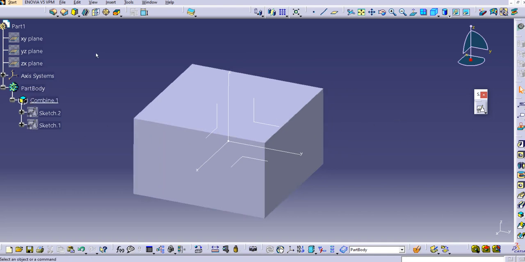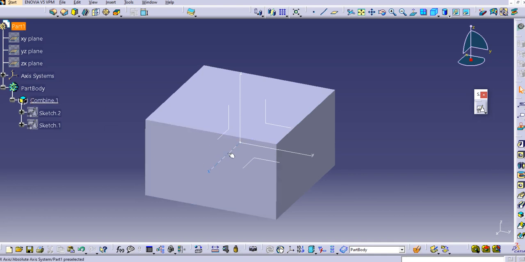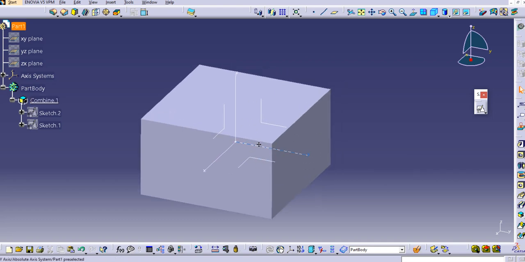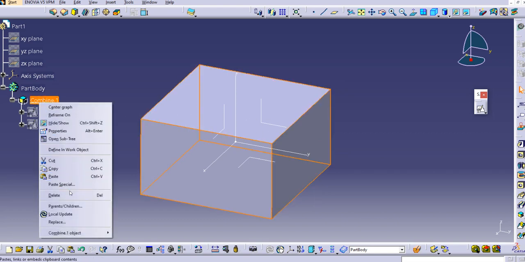which we can also create with the help of the pad command. You are already aware of this. You can just create a rectangle on any plane and you can just pad it with a specified length. So in this way you can create this cube. So again let's say I will just close this, I'll just delete this,